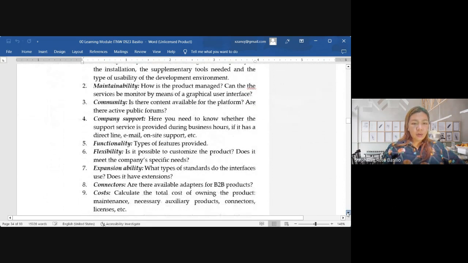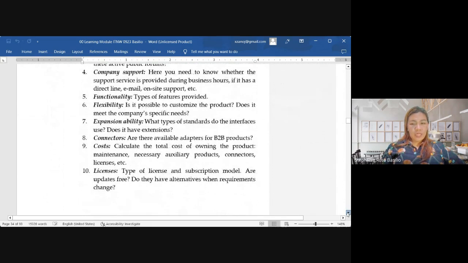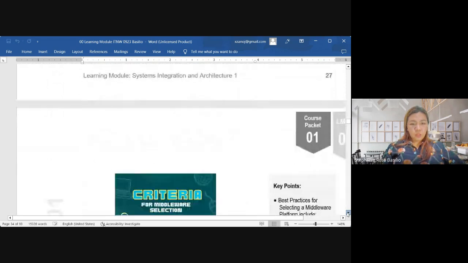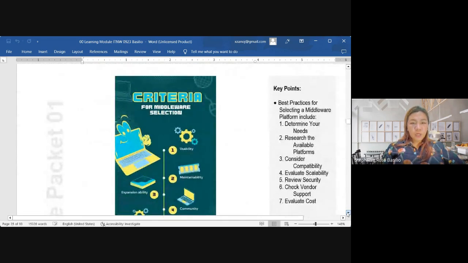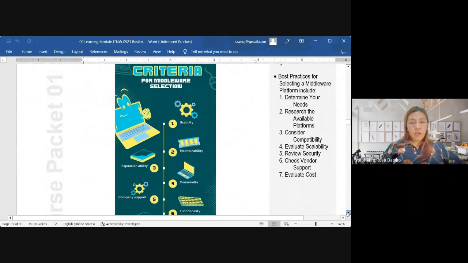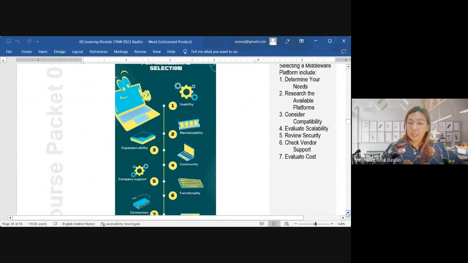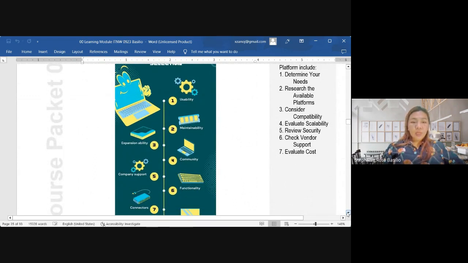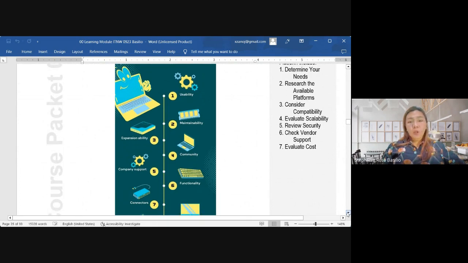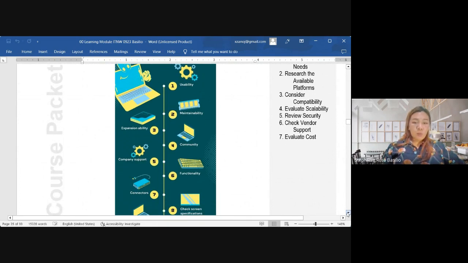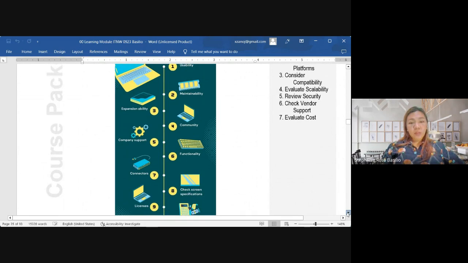So as you can see there, we have 10. So, here it is. Criteria for middleware selection. These are the ones we need to remember: usability, maintainability, expansionability, community, company support, functionality, connectors,